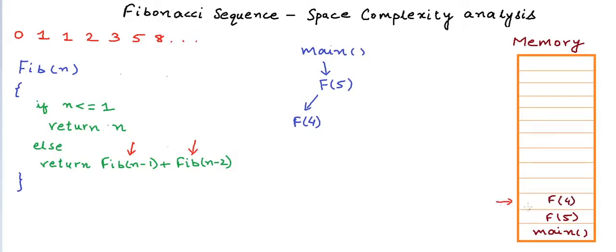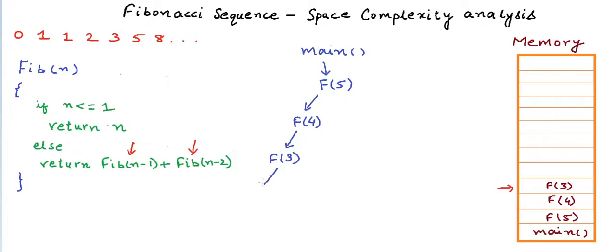So now f4 is executing and the computer has saved the state of f5 as well, and let's say this red arrow here points to the currently executing function while the rest of the functions are in paused state. Now f4 again makes a call to f3,